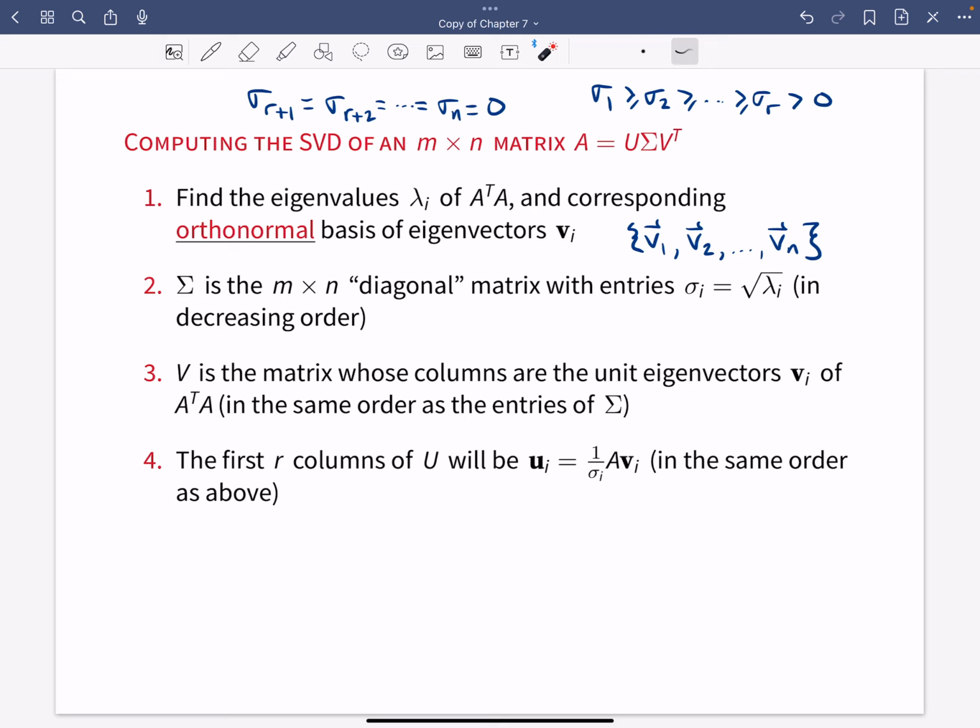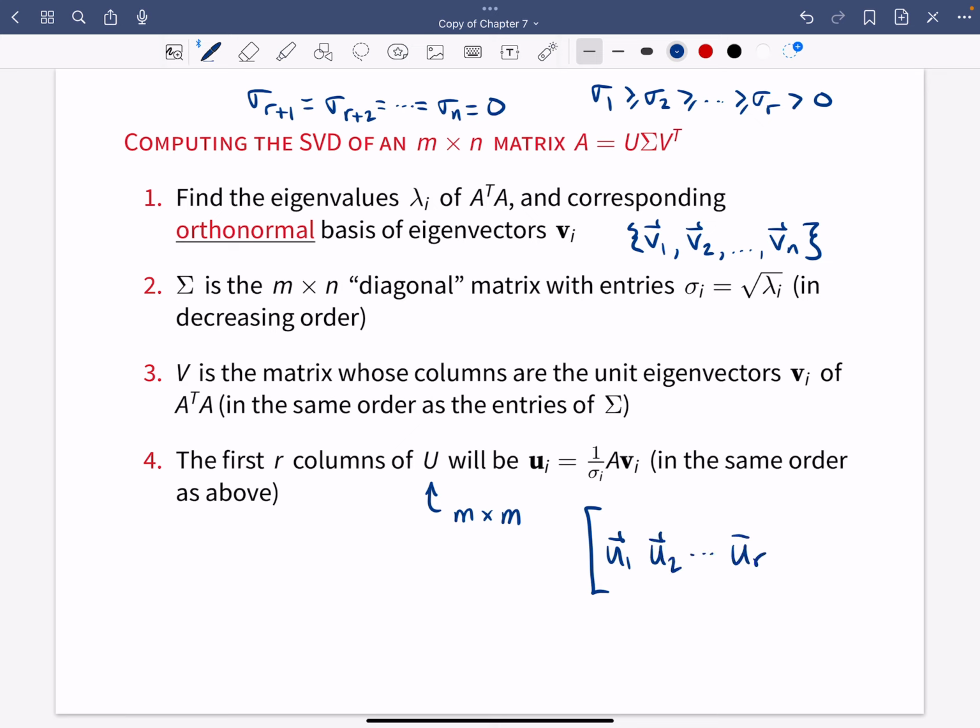Now, there's one problem here, and that problem is that sometimes you won't have enough non-zero singular values to build the matrix U to its full size. Remember that U is supposed to be an m by m orthogonal matrix. So if the number of non-zero singular values you get is less than m, then you're not going to be able to get enough u vectors in this way. In that situation, you take the u vectors that you did get using this procedure, so you plug those in